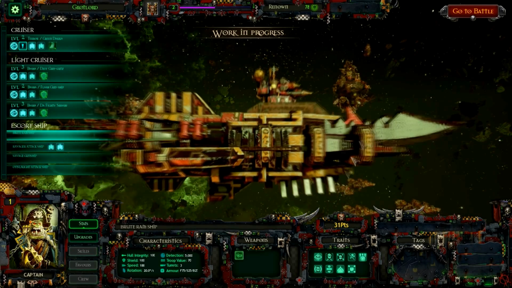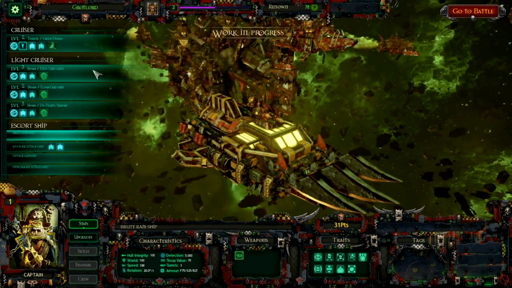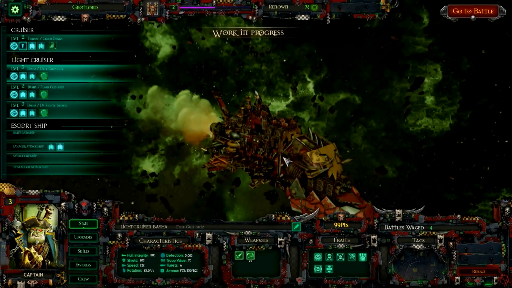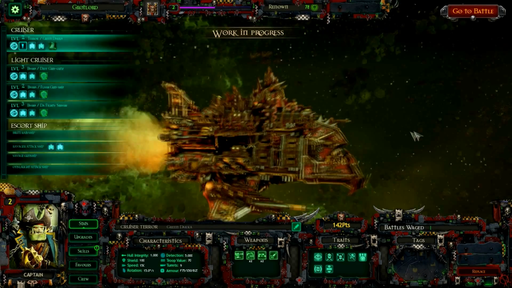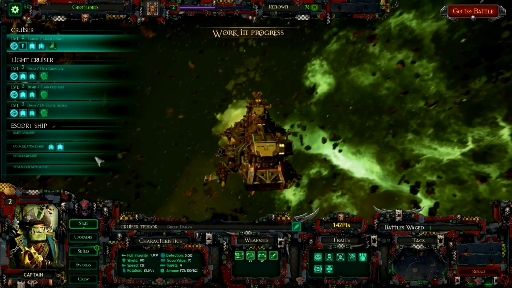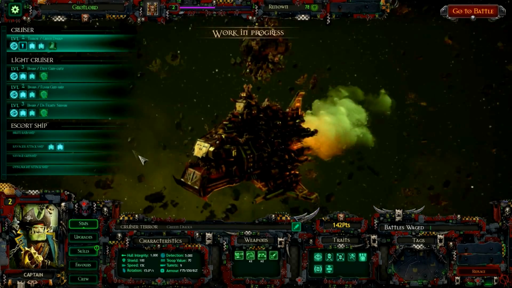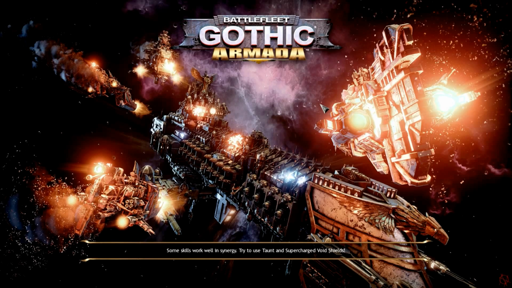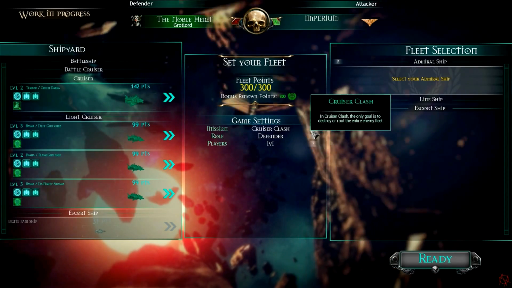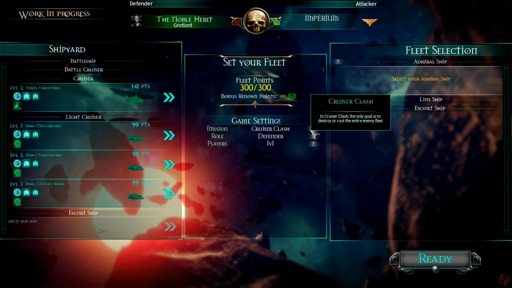But anyway, moving on to the actual featuring of these guys. First of all, as you can probably see, Ork ships look like crap. They're like a floating scrap heap with faces painted on the front of them. So let's actually see how this works out. For better or for worse, we're going to go for a cruiser clash